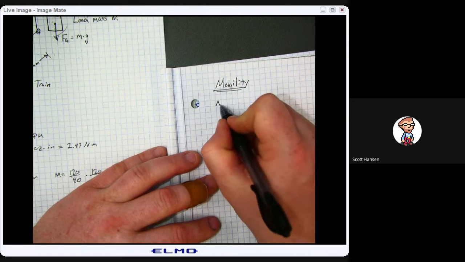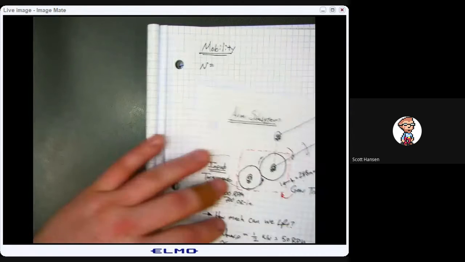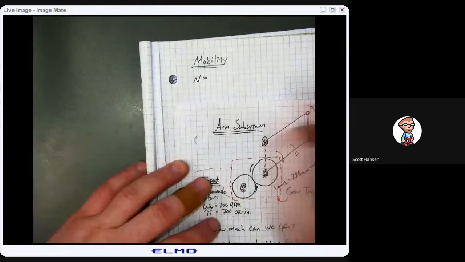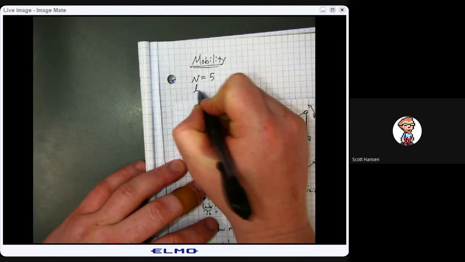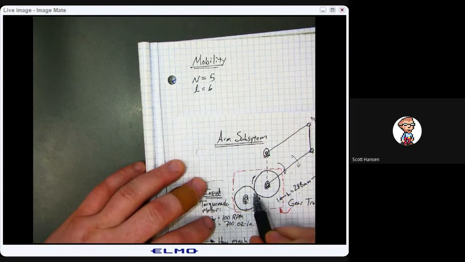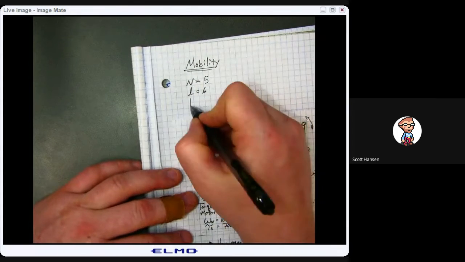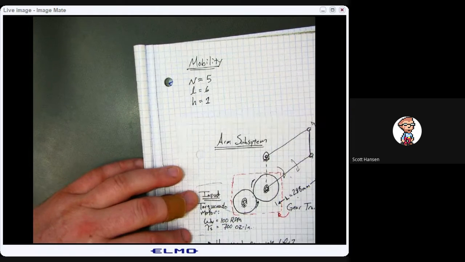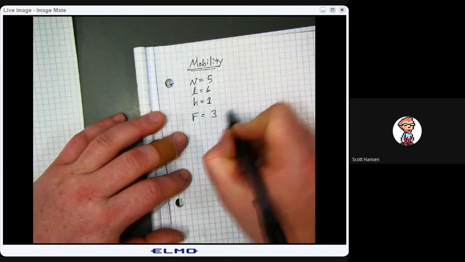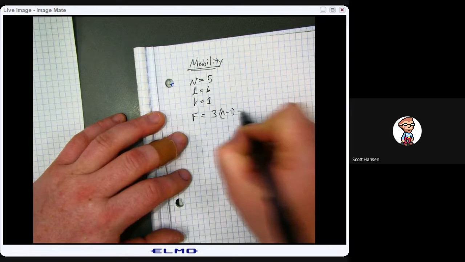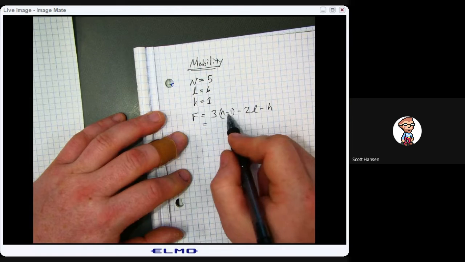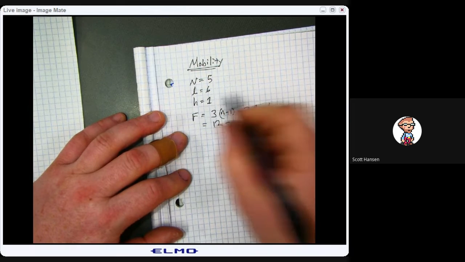And so here I might calculate the number of links in my design. So I've got ground link, gear, 2, 3, 4, 5 links in this design. If I look at the number of lower pairs, I got 1, 2, 3, 4, 5, 6 lower pairs. And I've got the higher pair contact point between the gears. So H is equal to 1. And so we know our degree of freedom equation is equal to 3 times n minus 1, minus 2L, minus H. So n minus 1 is 4, times 3 is 12, minus 2 times